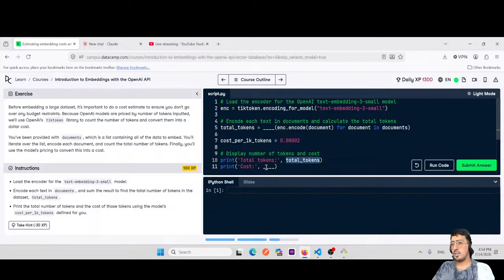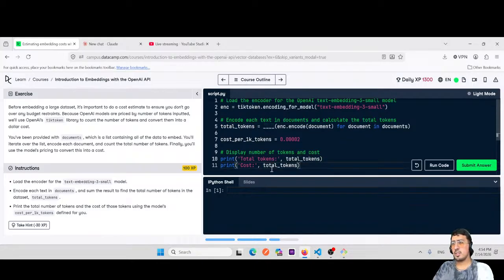Cost is gonna be total tokens times cost per 1,000 tokens over 1,000. But in here it should be the length somewhere like this. But in here I need to sum up all of the